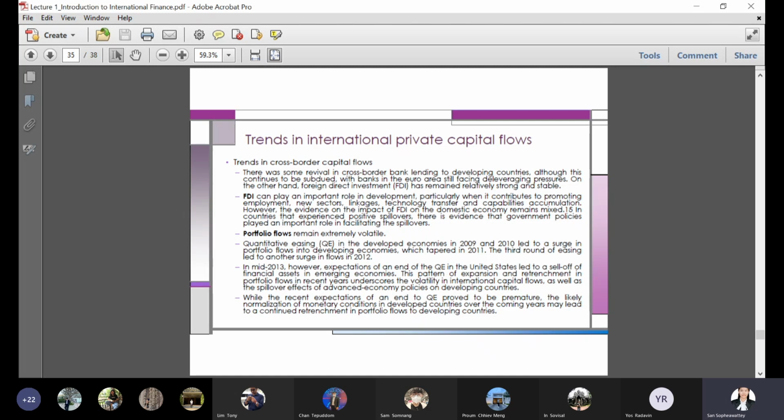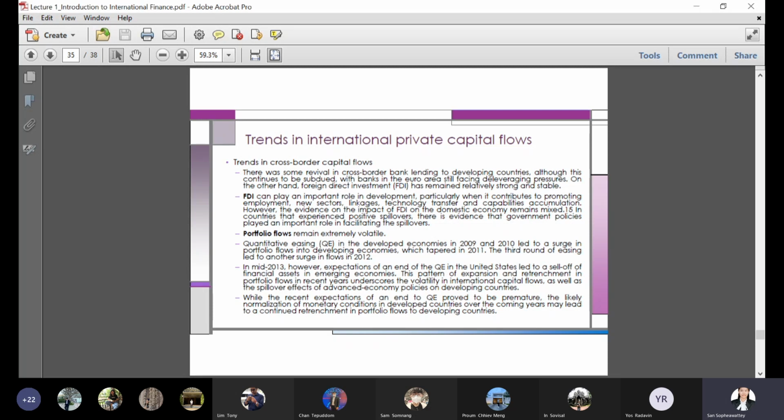And then the cross-border capital flow can be in terms of portfolio flows. So for Cambodia, I would say portfolio flow is very minimal. It's still minimal because our financial market is still at the early stage of development. But in countries that have developed their financial market, the portfolio flow remains volatile. So you remember